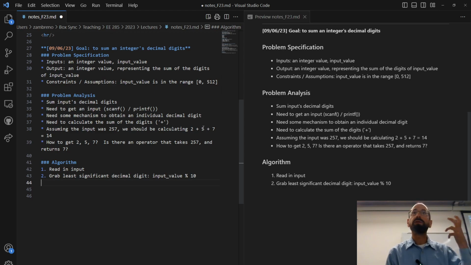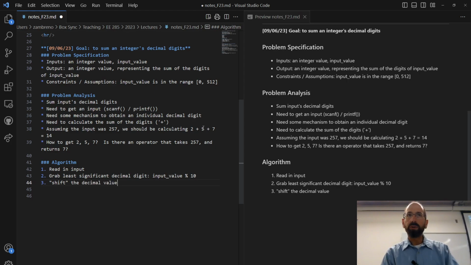What else can we do? We have 257. We've grabbed 7. What else can we do? We need to get the next 2 digits as well, right? I would say something like, we grab the least significant decimal digit. We can also then shift the decimal value so that we've gotten rid of the 7. And we can do that by taking input value divided by 10, which our rules for integer division allow